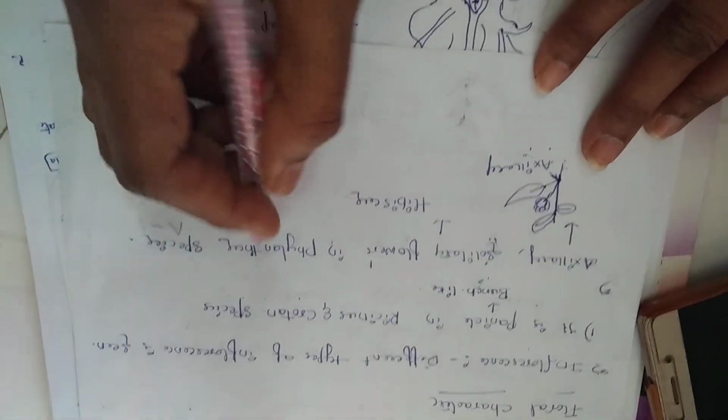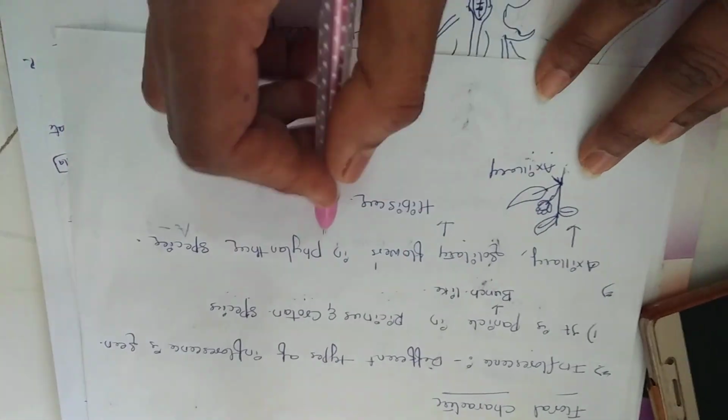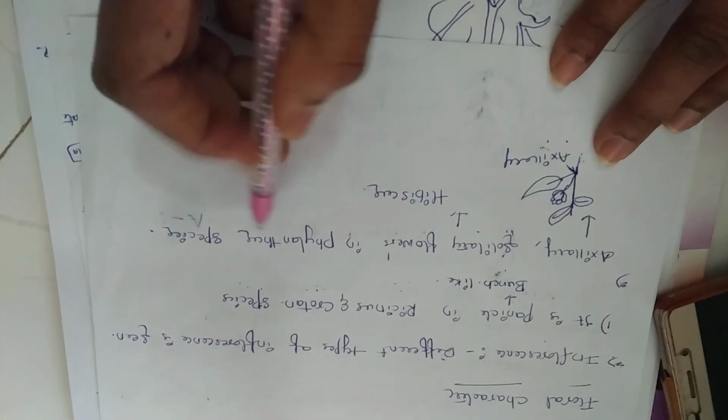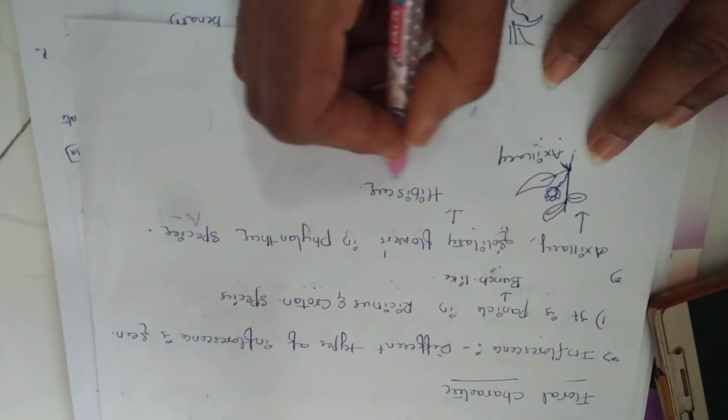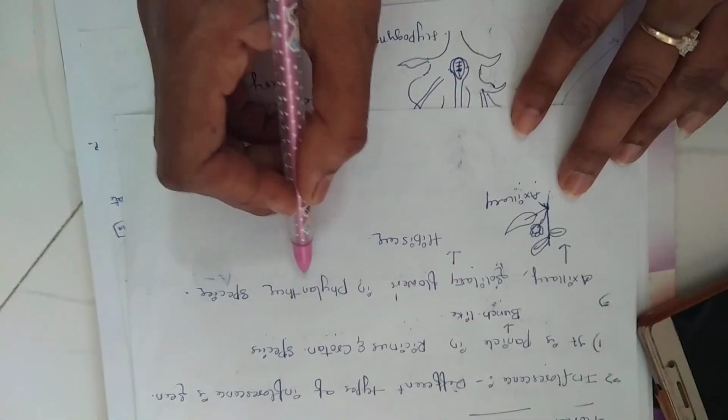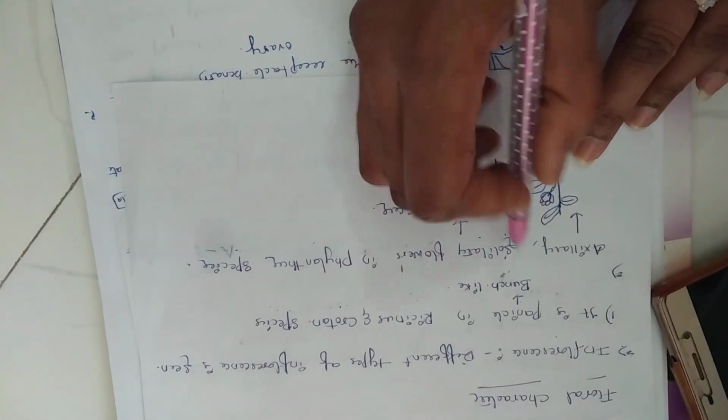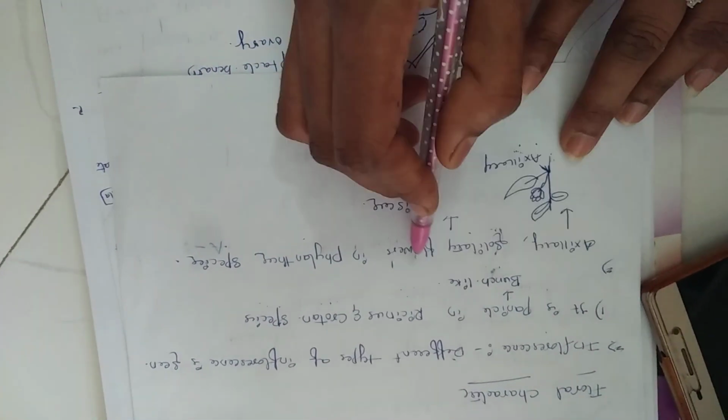So these are all the characters of the Amla species. That means a single flower can be seen. Locally we can see the hibiscus flower. This hibiscus flower is a solitary flower. In the same way, in the Phyllanthus species also we have the solitary flower. So these are all the inflorescence characters of the Euphorbiaceae.